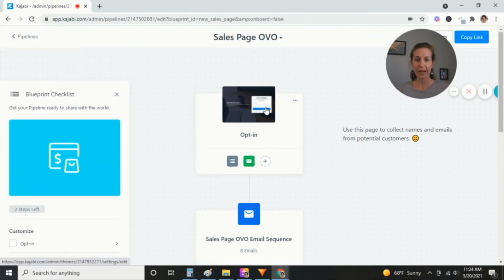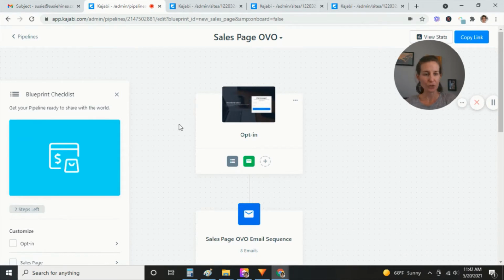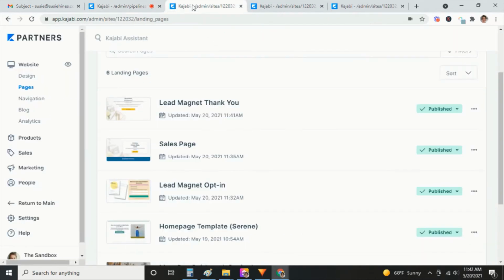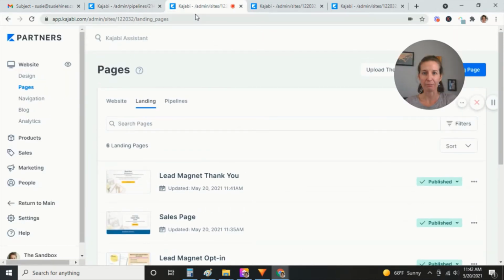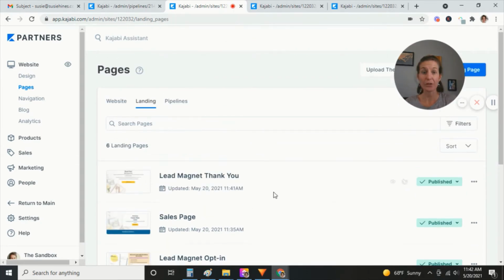So I'm going to show you how to recreate this exact pipeline without using this pipeline. So in order to recreate this on our own, we need to create each of these elements. So I already did that because that's kind of just the most time-consuming part of the process. So I created these landing pages, which you can go to website, pages, and